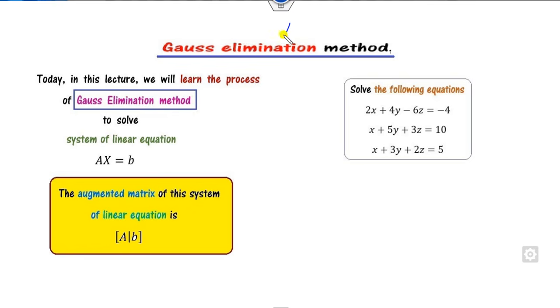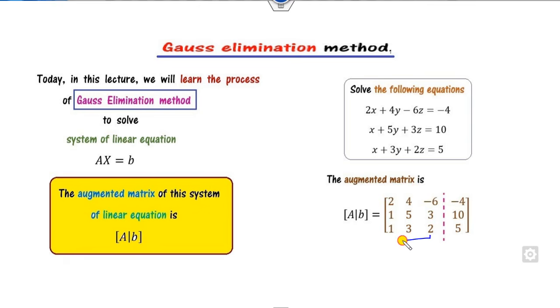Before we move on to Gauss elimination, you must know the definition of the augmented matrix. The matrix where you write A, with B written on the right-hand side. Here, this is my B, and the coefficient matrix is my A. Then we can define the augmented matrix. This is my A, this dotted line is used for separation, and this is my B. This matrix is called the augmented matrix. Whenever you try to solve a problem with Gauss elimination, the first step is to write the system as an augmented matrix.